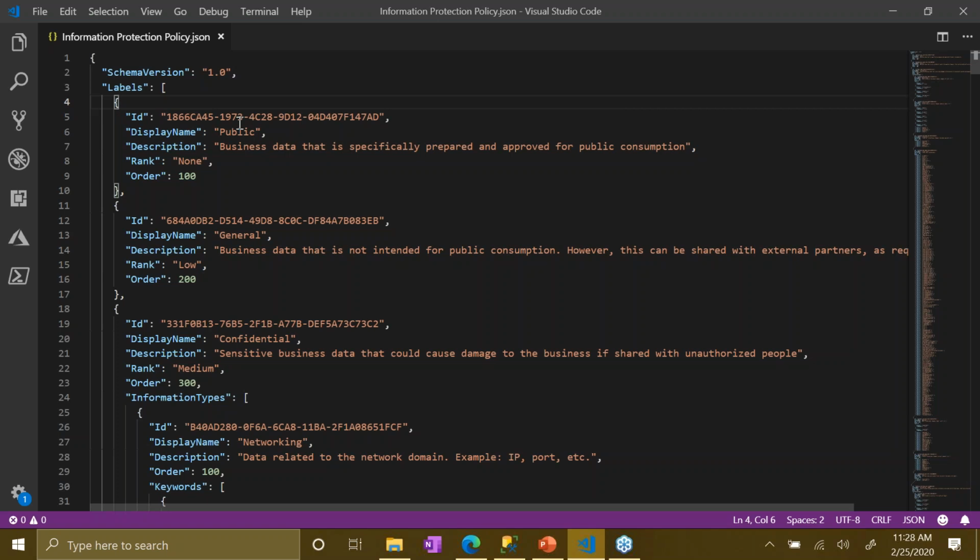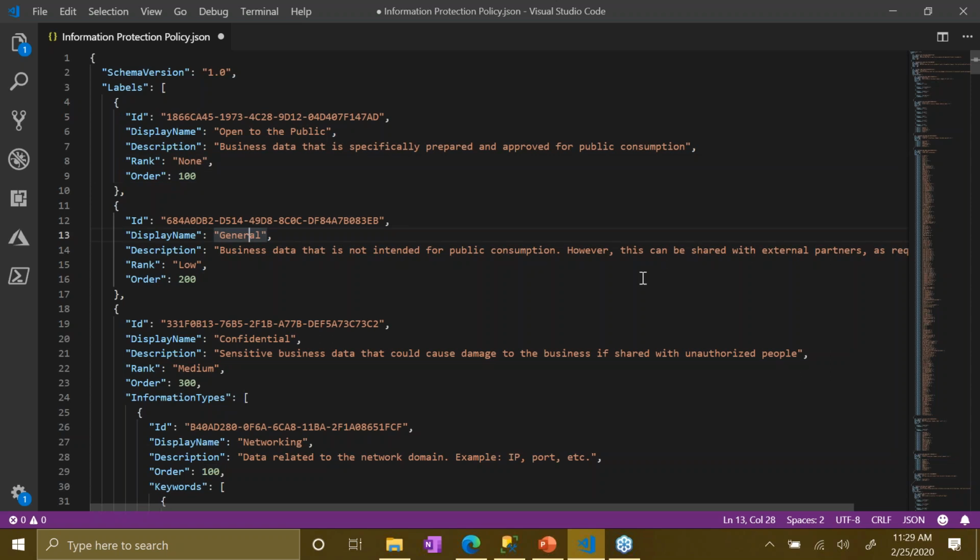If you look here, the ID that's generated, I'm not sure how we get a new ID. But you can see here we can relabel the name. So if public is not the name I want, and I'd rather have it be open to the public, then I can put a description around what that's about, rank it, and provide the order. The rank is where it ranks as far as sensitivity. Order is the position in the drop-down list that you see available to you in the classification tool. So this is all supporting the classification tool at this point.